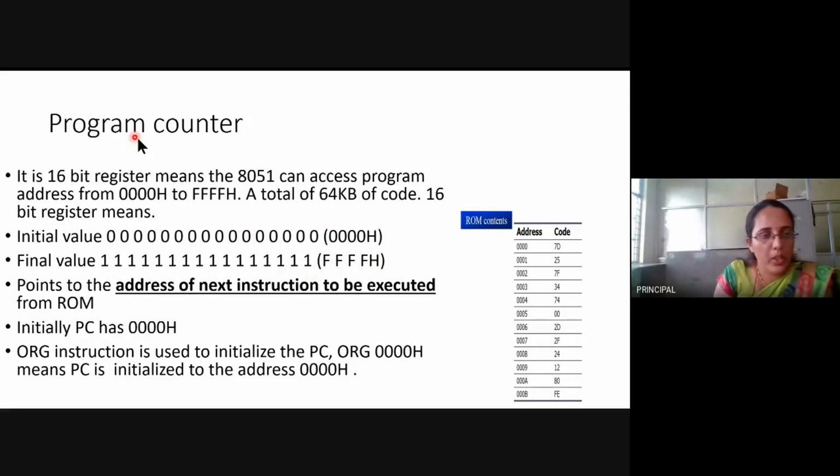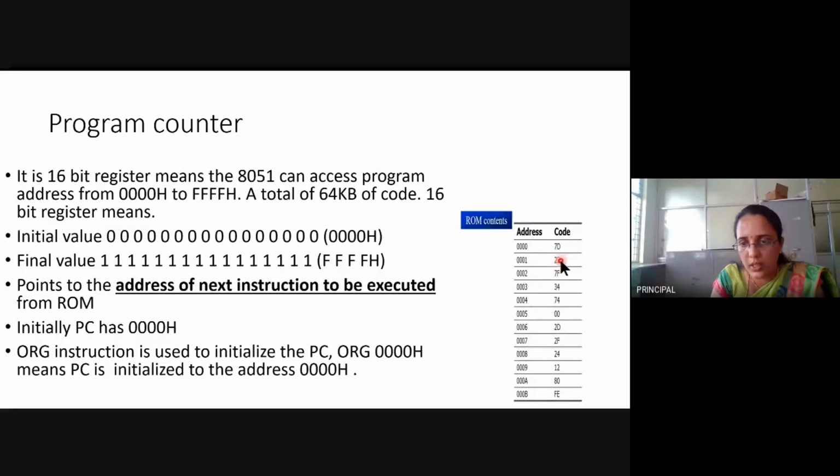The program counter is the register which points to the address of the next instruction to be executed from the program. Here you can see on power up, the program counter will be 0000. When the CPU is executing this, the program counter will have the address of the second instruction.